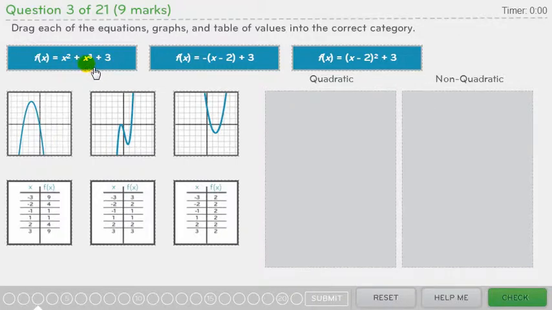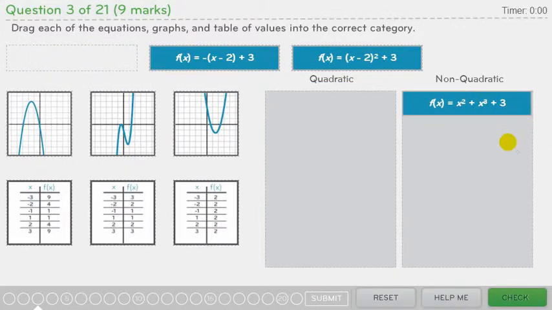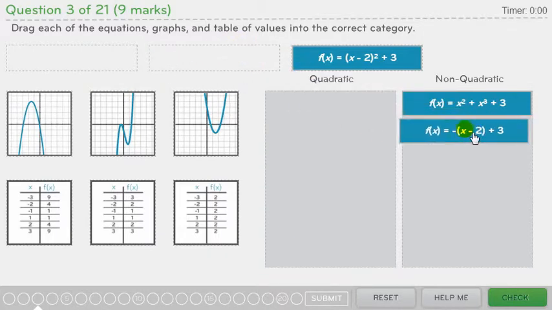Since the highest exponent here is x cubed, it is not a quadratic function, so therefore we'll put it in the non-quadratic category. Next, the function f(x) is equal to negative x minus 2 plus 3. The x is raised to a power of 1, so therefore it is a linear function, and it is not